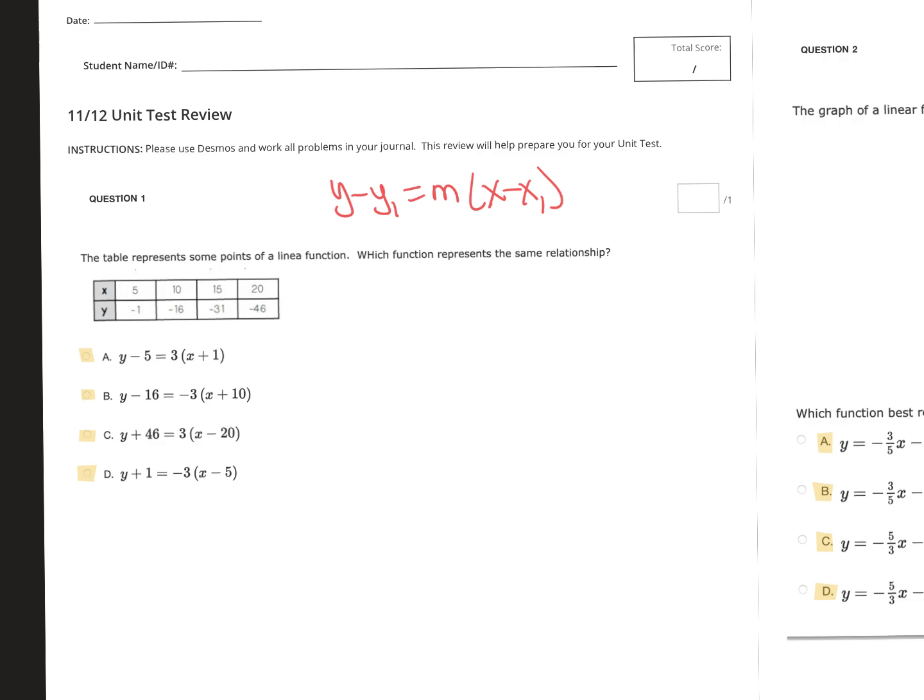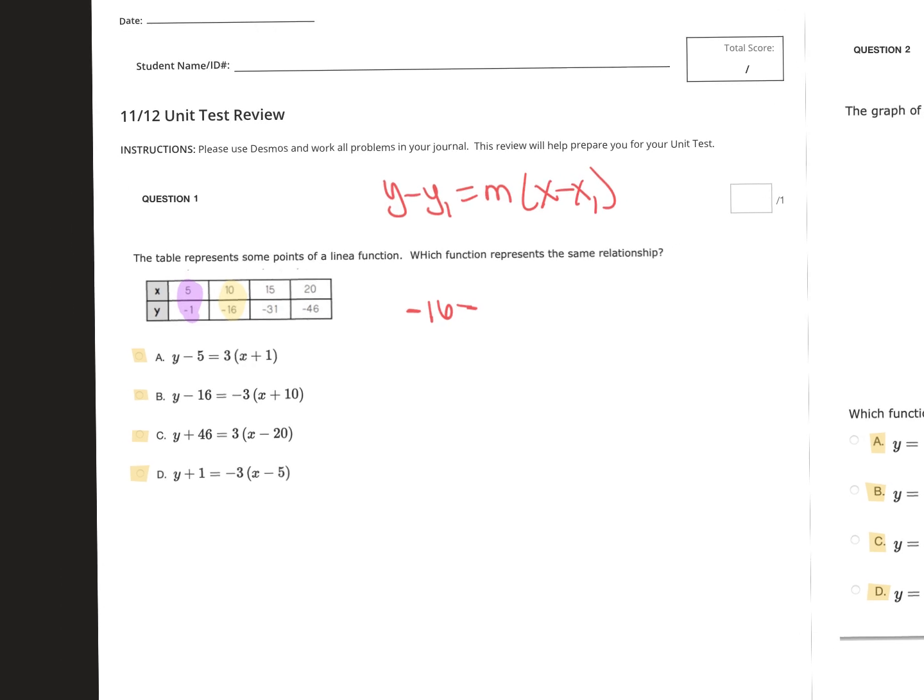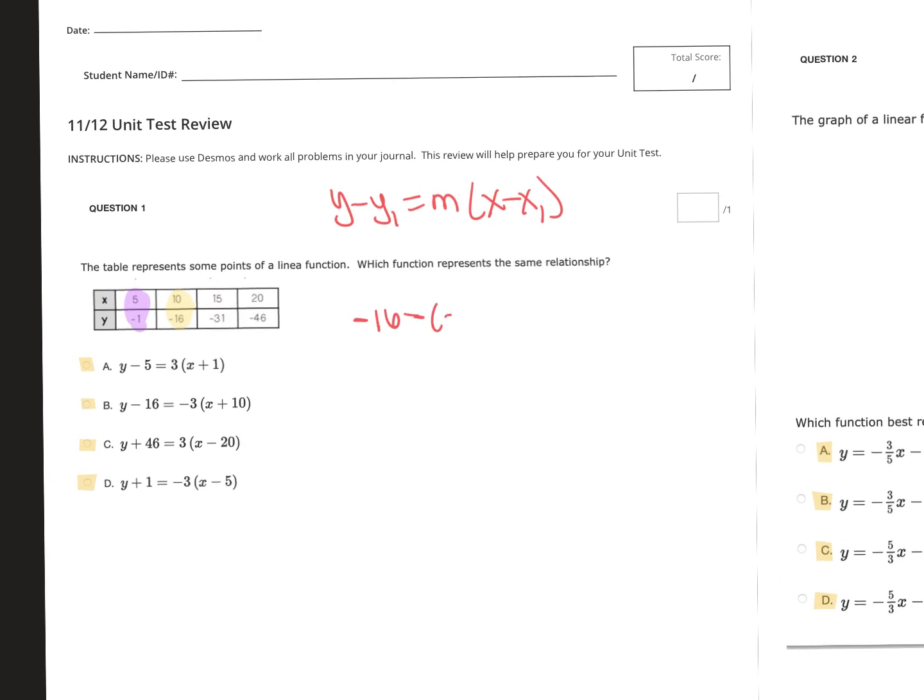So let's choose 2 points. I'll choose this point here and this point here. Okay, and now I'm going to plug them into my slope equation. So I have my y2, which is negative 16, minus my y1, which we have as negative 1, over my x2, 10, minus my x1. And then when I plug this in, I know this becomes negative 15 over 5, which reduces to